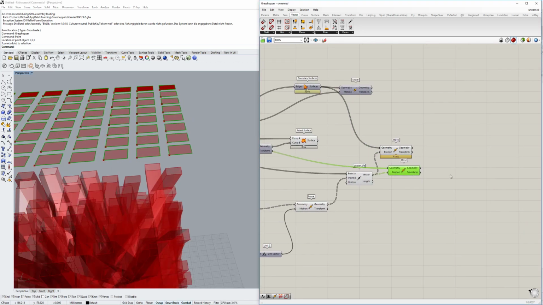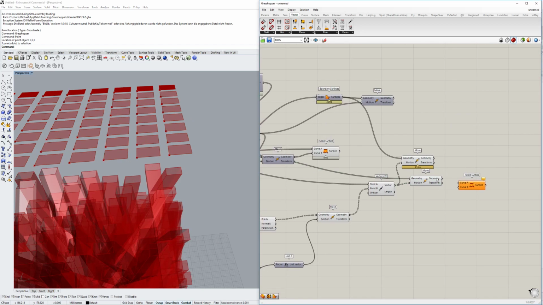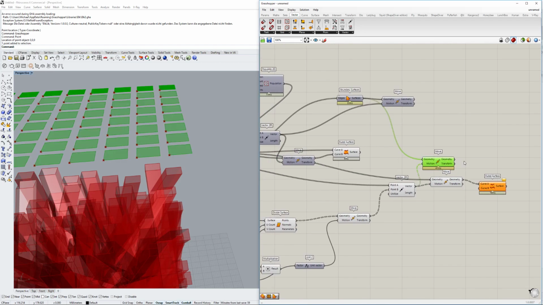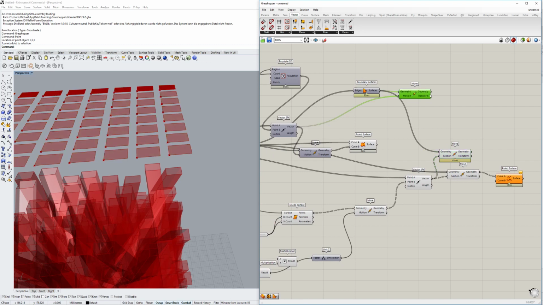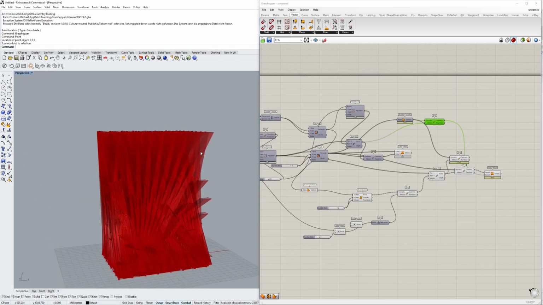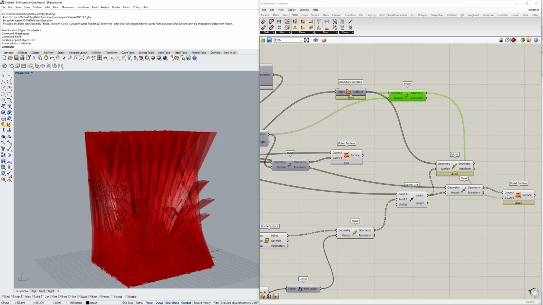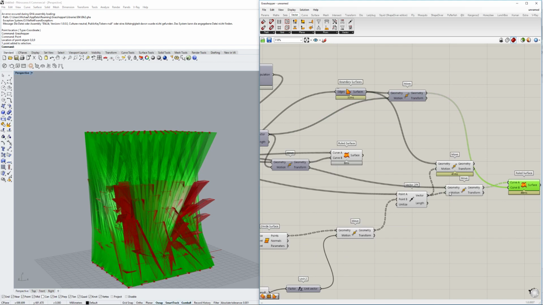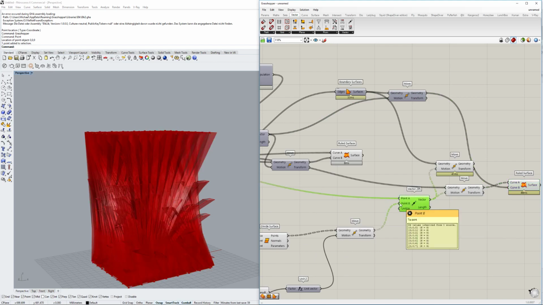And now that's the rectangle, and we're going to use the ruled surface component again. Is it the correct one? I'm not that sure. Yeah. In this instance, it actually,